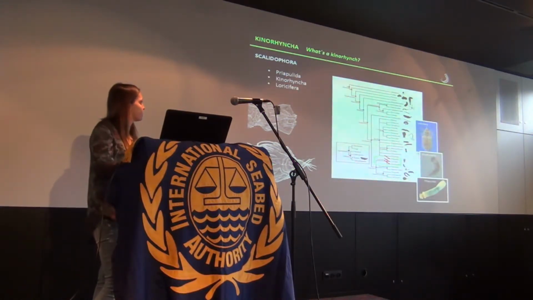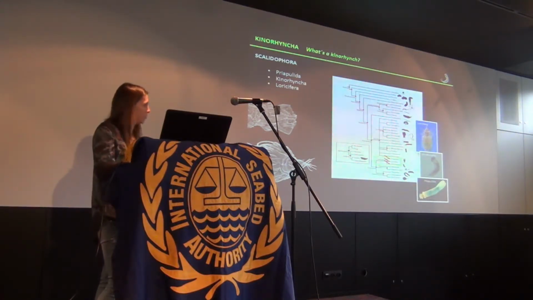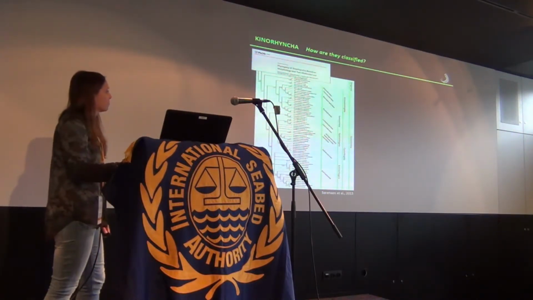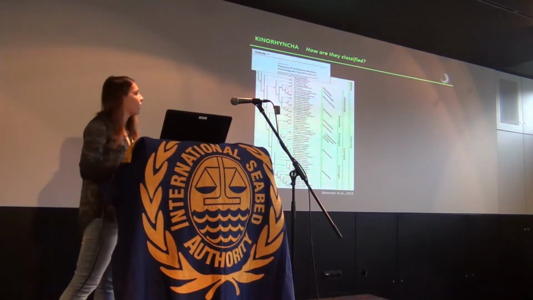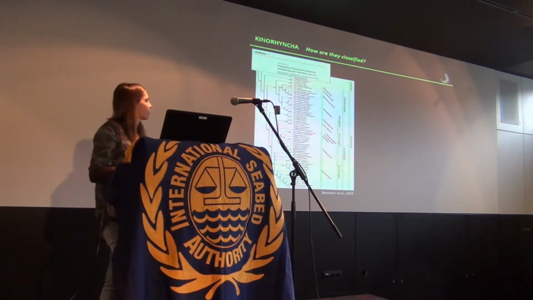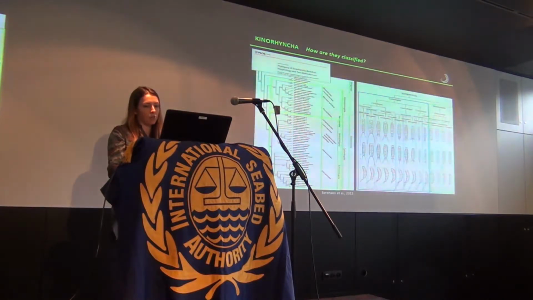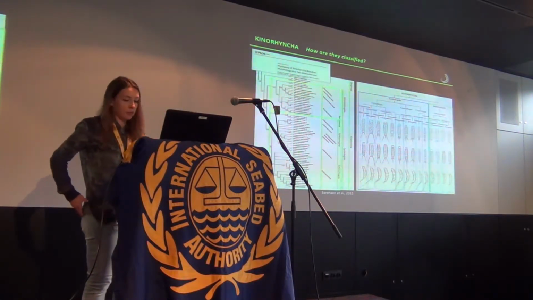Actually, the phylum is closely related with Priapulids and Loricifera, forming the Scalidophora group. The current classification has been recently updated after the phylogenetic works made by Sørensen and co-workers. According to the results, we have 2 main clades that mostly agree with the traditional classification for the group that divides kinorhynchs into Cyclorhagida and Homalorhagida. And I say mostly agree because